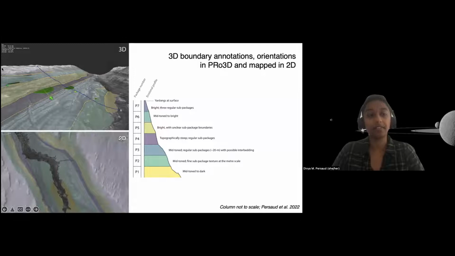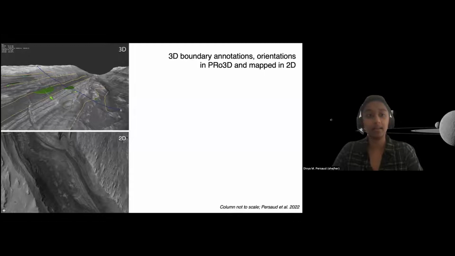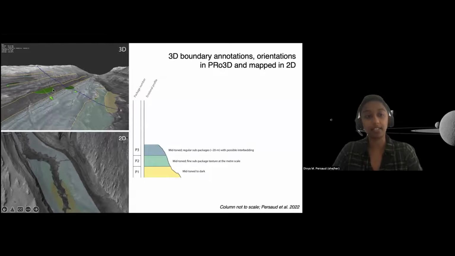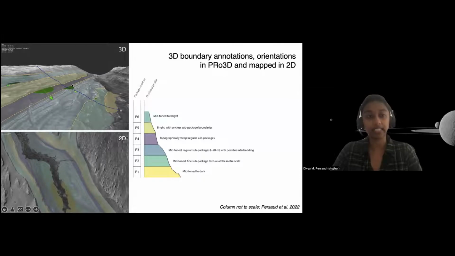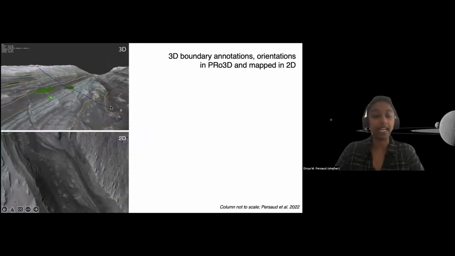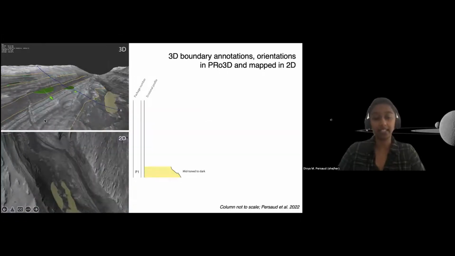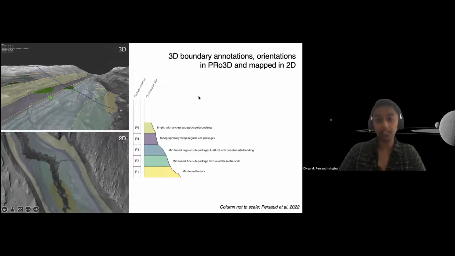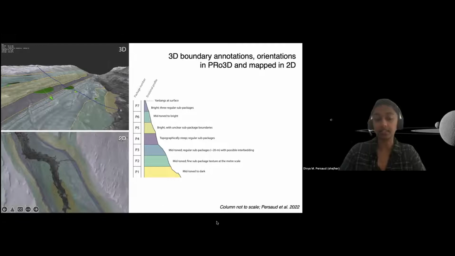The upper left is the view. If we drop in that 3D data draped with the 2D data, it's kind of like a field environment. You can go in, you can draw these lines, and these little discs are measuring orientations of these layers in 3D. So I've gone through, identified these different units in this canyon and extracted that information. I've mapped it in 2D on that base map that I showed before. And from there, we can construct that little story that I was talking about, the stratigraphic log, and describe these units.